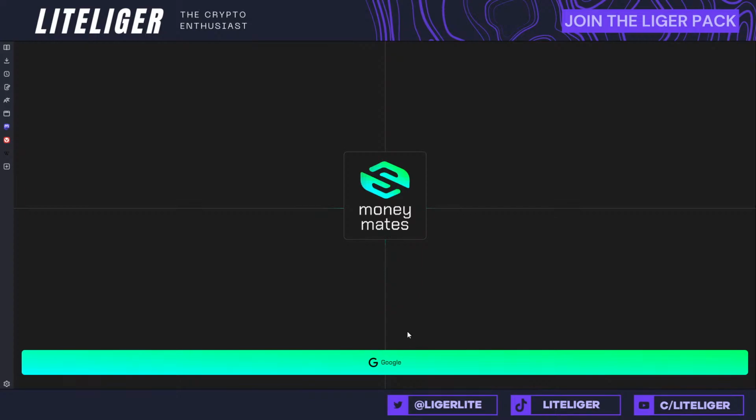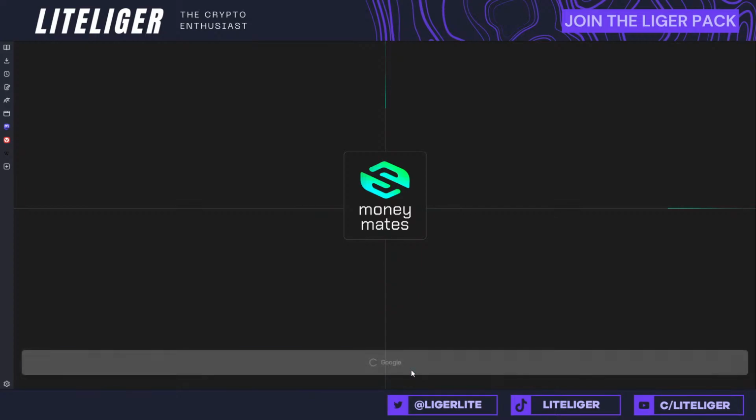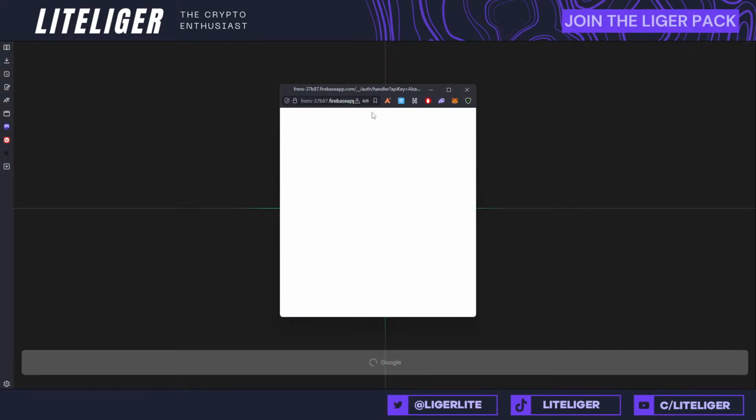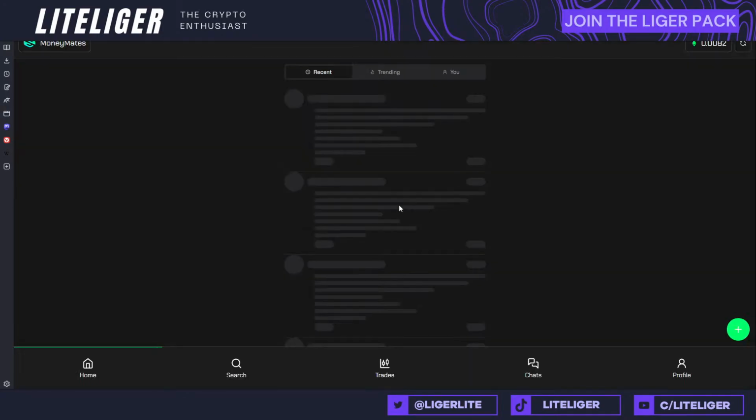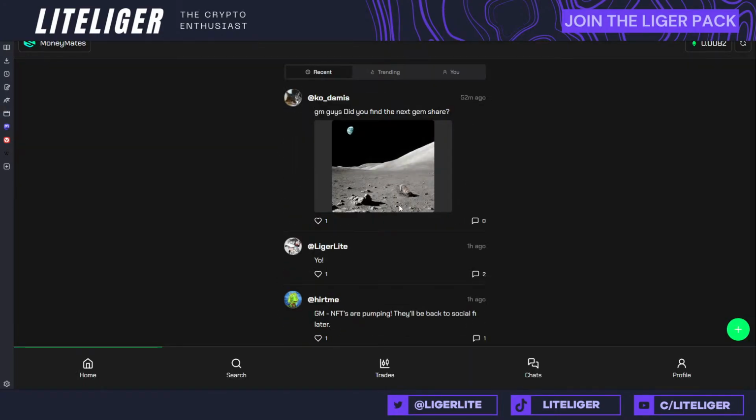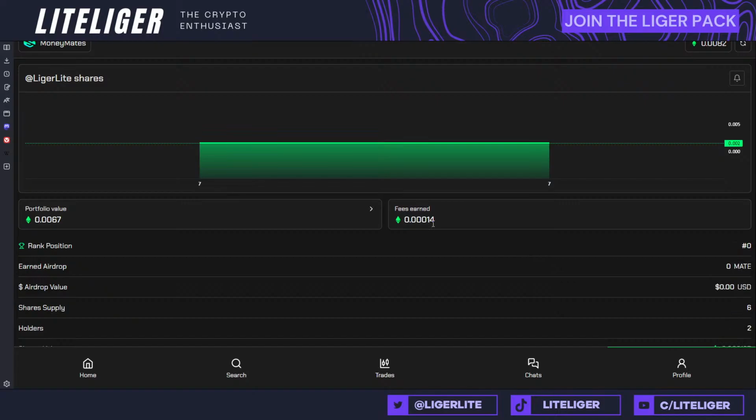And this is one of them that you can use. This is Zksync native. You're going to be doing a Google login first, and then you need to link your Twitter. Twitter is something you want to have, obviously. I keep always saying it's almost necessary to get airdrops these days. And this is a very self-explanatory platform.